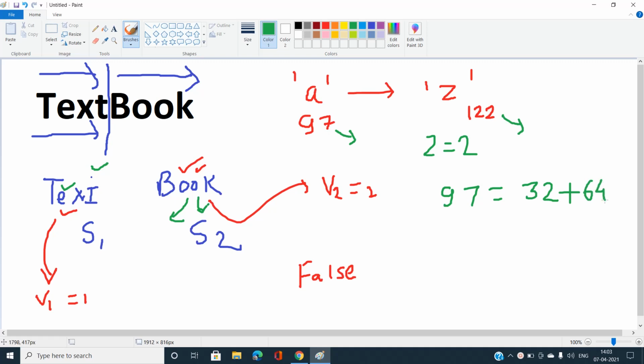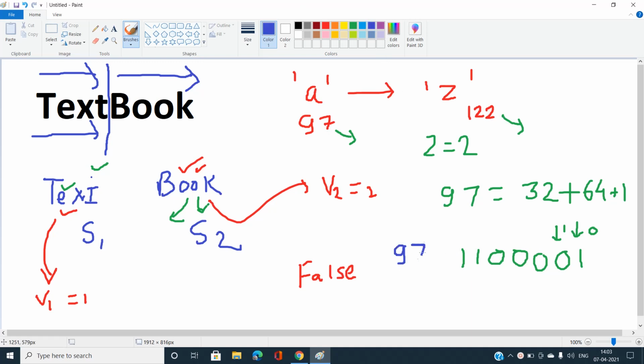In its binary representation, place 1 at position 0, then 0, 0, 0, then for 32 it should be 1, and for 64 it should be 1. Now you can see this is the binary representation of 97.